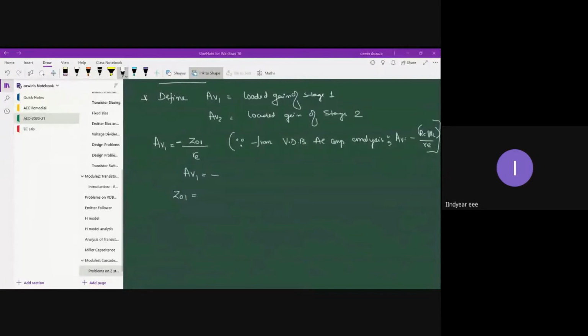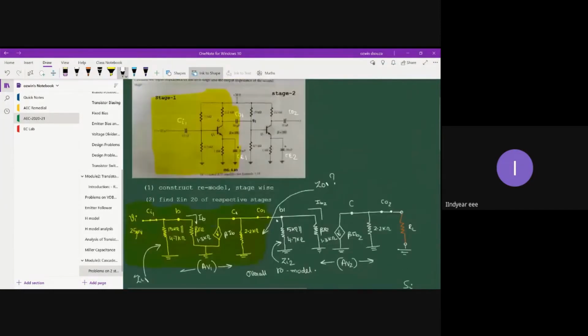Can anyone attempt? Resistance in parallel with the second input impedance. Right, great. So Z01 is not only RC1; along with RC1, you have a parallel combination of the input impedance of the second stage. So Z01 is going to be 2.2 kilo ohm in parallel with Zi2, where Zi2 is equal to 15 kilo ohm